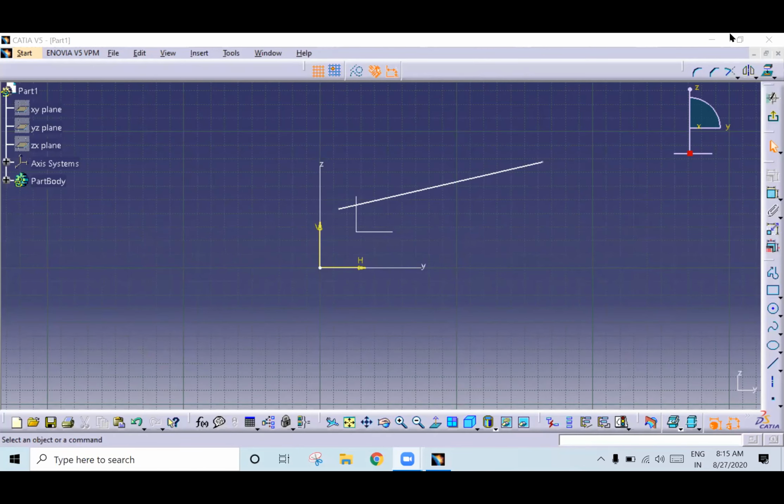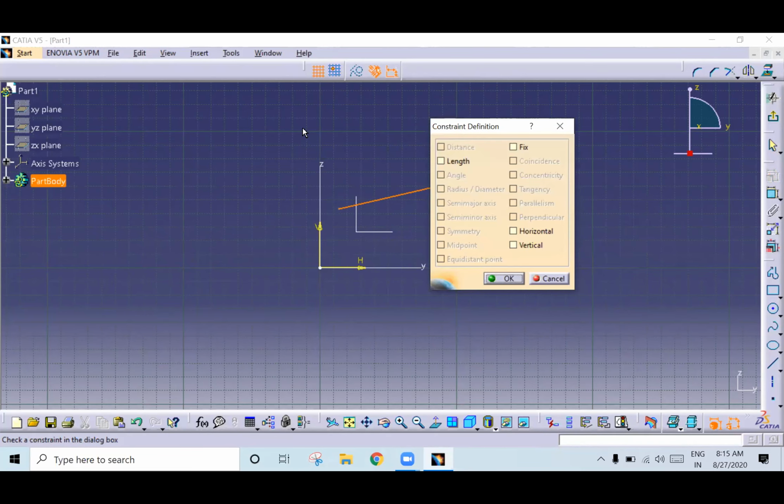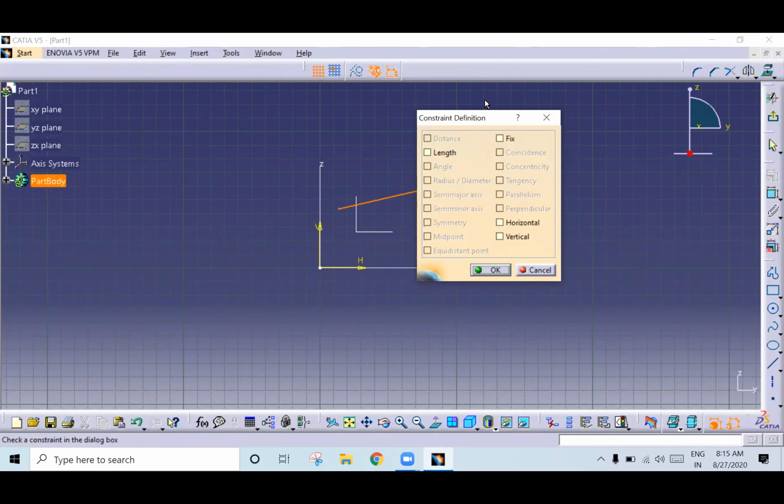Fine. So you note down all these points. Can you observe this window? Yes, sir. Note down all the points. Once you finish, just tell me, sir, completed.